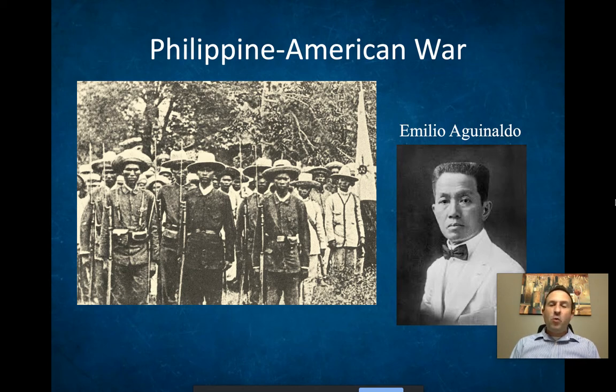And therefore, as soon as they were bought by the United States for $20 million, they were not happy. No one asked the people who lived there, such as the Filipinos, if they wanted the Americans there. And soon after the acquisition of the Philippines, the Filipino people, led by many people, but one of the more famous ones is Emilio Aguinaldo,